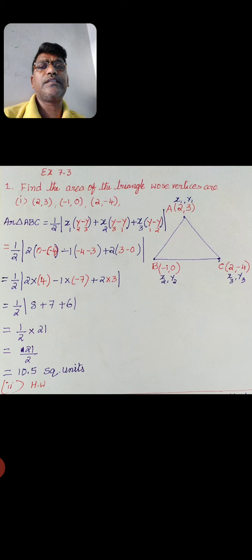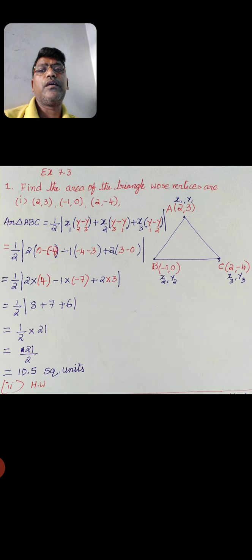Now we are simply substituting the given vertices here. Instead of x1 y1, x2 y2, x3 y3, we substitute the coordinates of the vertices. See, 1 upon 2 into 2 in bracket 0 minus of minus 4, because y2 is 0 and y3 is minus 4. The bracket I maintain because of the minus. Next x2 is minus 1, so in bracket y3 minus y1, that is minus 4 minus 3, plus x3 is 2,